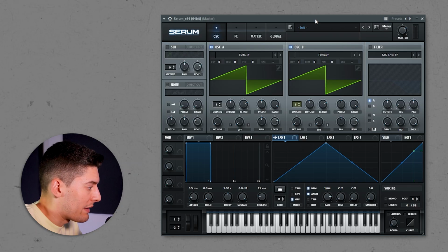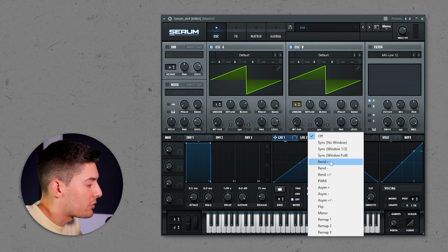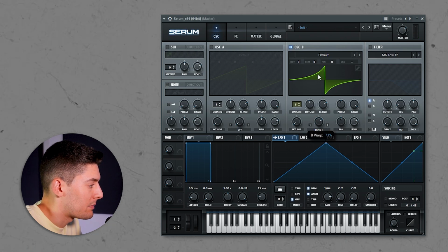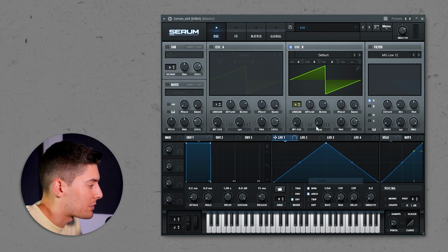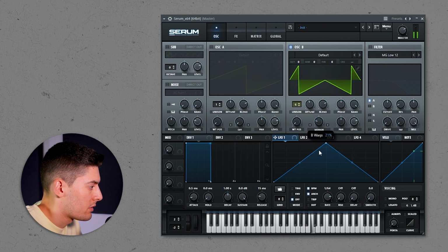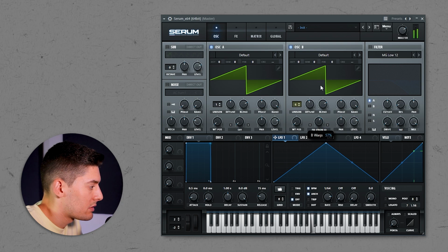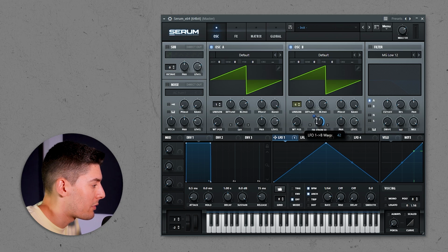The second thing you can do is to use any of the warp modes that you have in your oscillators. We have this sound, and if we go here, we can see a lot of warp modes. For example, if we choose the band, without the effect it's like this, but with the effect, as you can see, it's changing a bit the wavetable. There are a lot of different types. A really cool one is the FM from A. As you can see, it changes so much. And in case you were thinking, of course, you can send the LFO here, and for example,